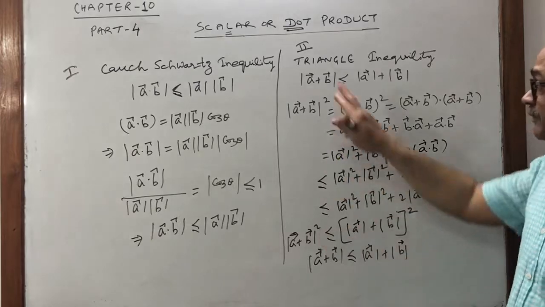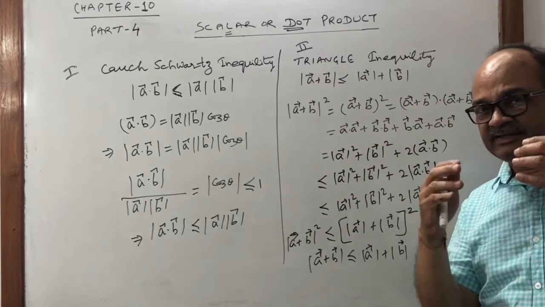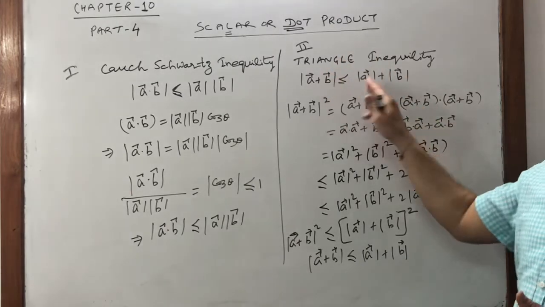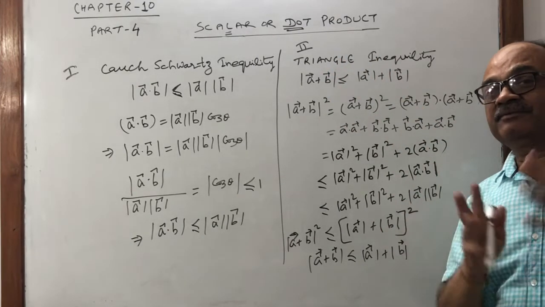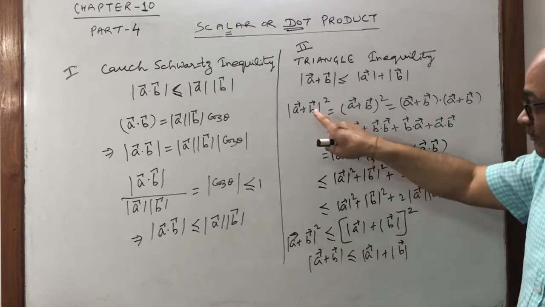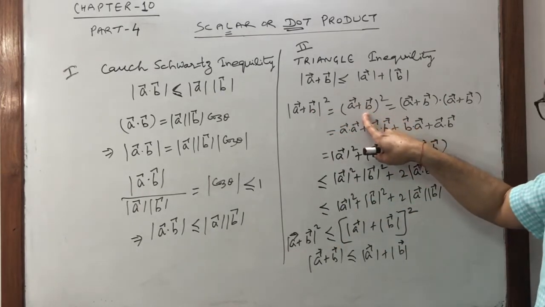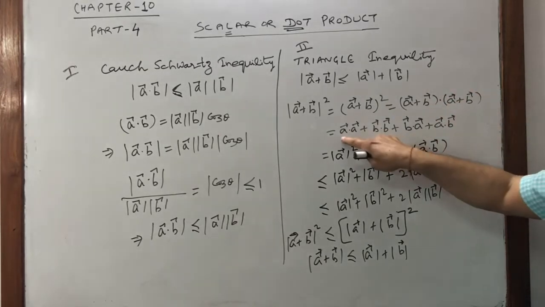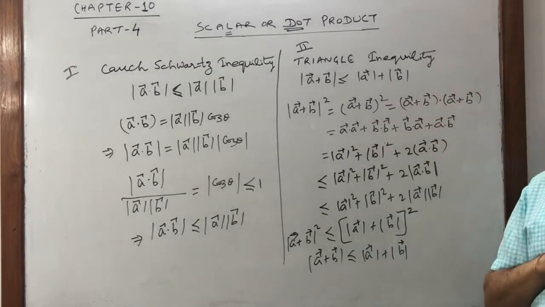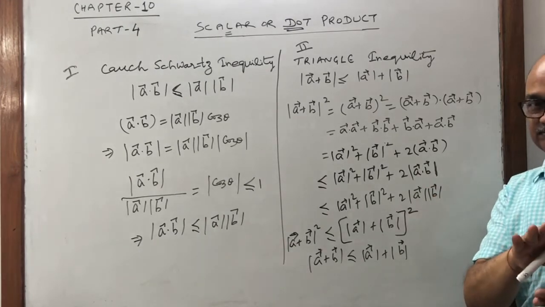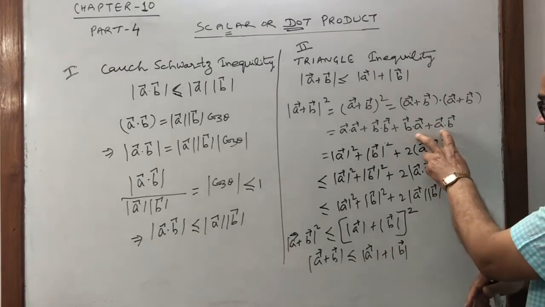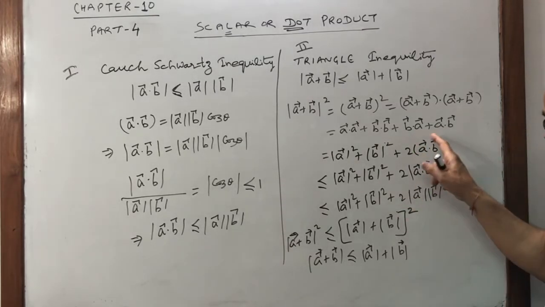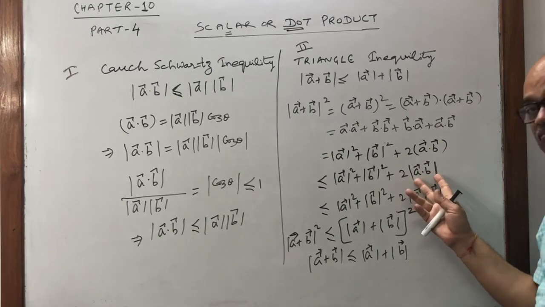That is, mod of A plus B is less than or equal to mod A plus mod B. Very simple. If we put A equal to 0, by the way the zero vector, then it holds, yes, correct. And by the way if B is 0, then again it is equal. But when A and B are non-zero vectors, then mod of A plus B whole square is nothing but (A plus B) whole square. If we put in the dot product like this, and open it, what will we get? What is A dot B and B dot A? Commutative. We can mix these two as 2 A dot B. Now, A dot B we can write as modulus of A dot B.